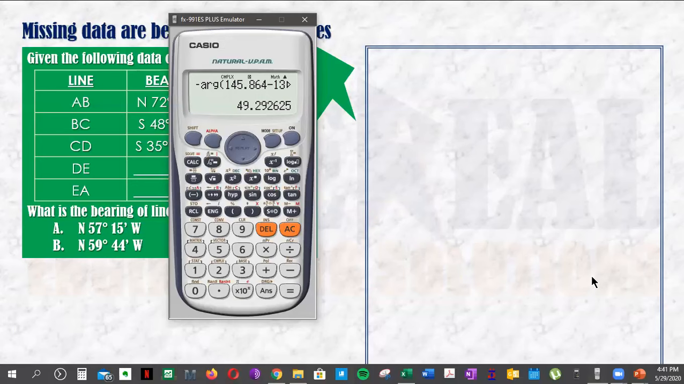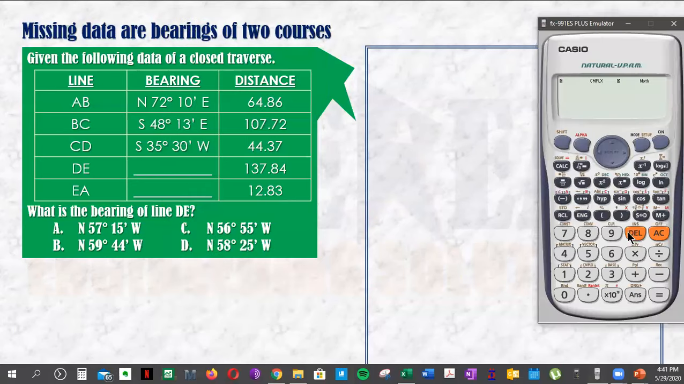Mode 2. And I'm going to fix the decimal places to 3 so that every evaluation is always rounded off to 3 decimal places. So the first thing I will do is store 64.86 angle 72 degrees 10 minutes. I'm going to store this to A. Okay, so that's it. The next, this is southeast, and southeast must be the negative of